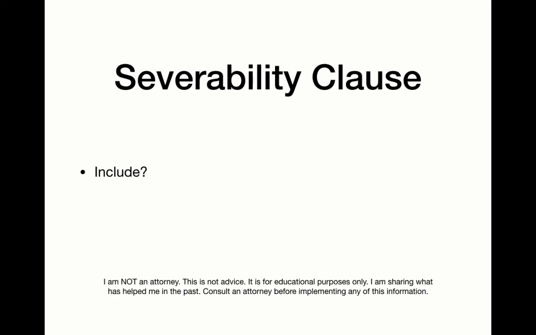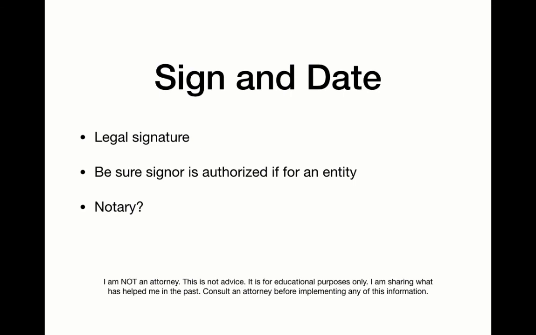The severability is, let's say you have a clause in there and a couple of years later the laws change and the courts have ruled that type of clause illegal or unenforceable. You can sever that clause out of the contract and everything else remains in place and valid and fine. That's what a severability clause does. So you might want to think about putting one in there. Consult with your attorney and see what he or she says might be a good idea in your case.